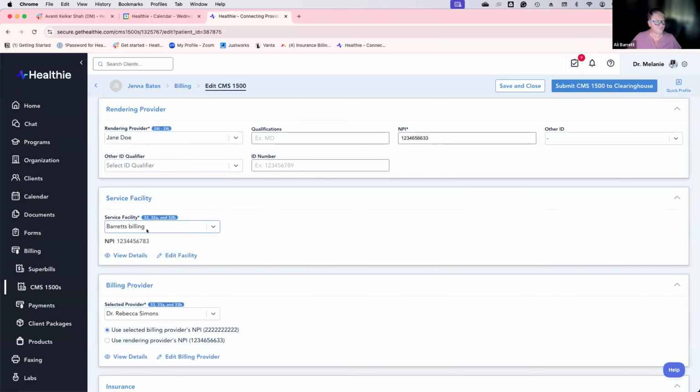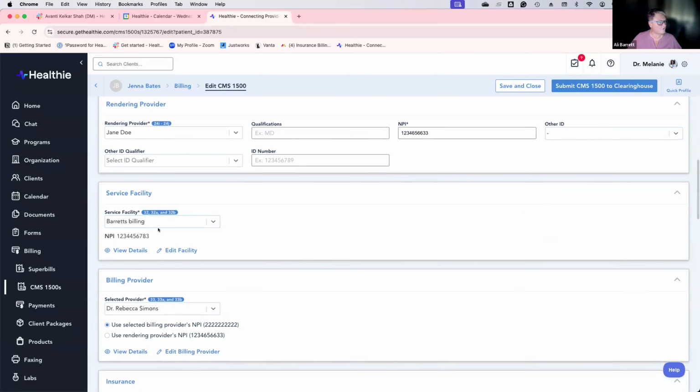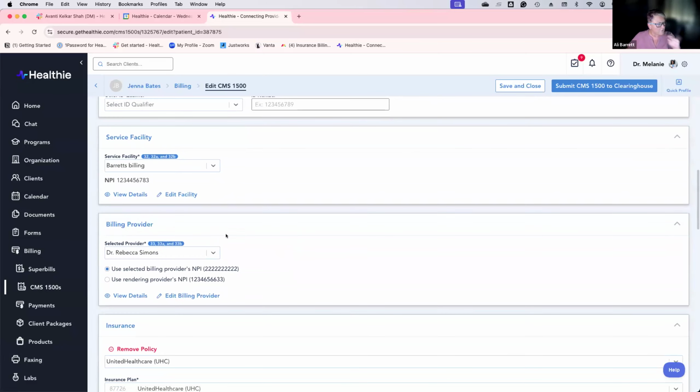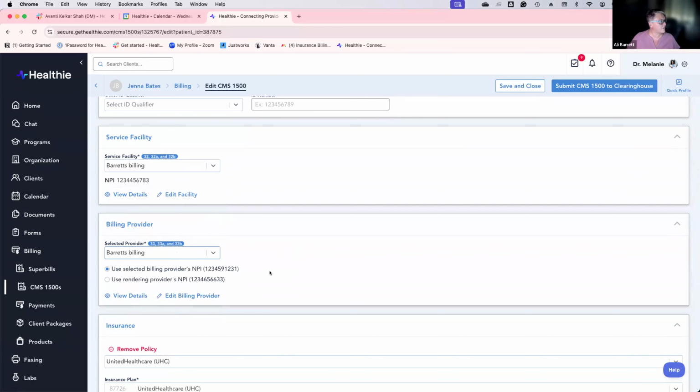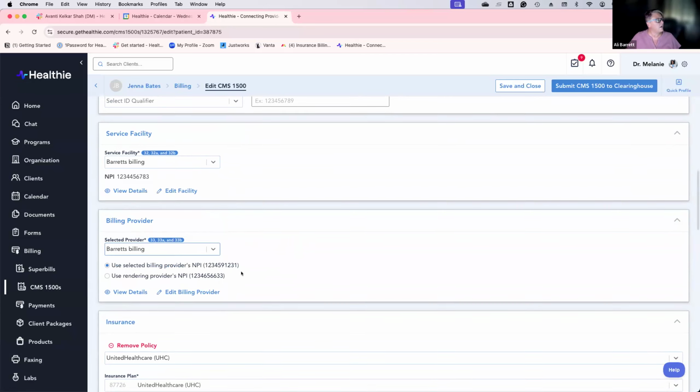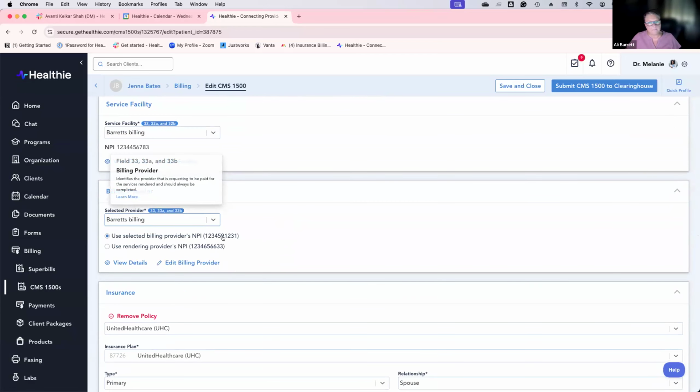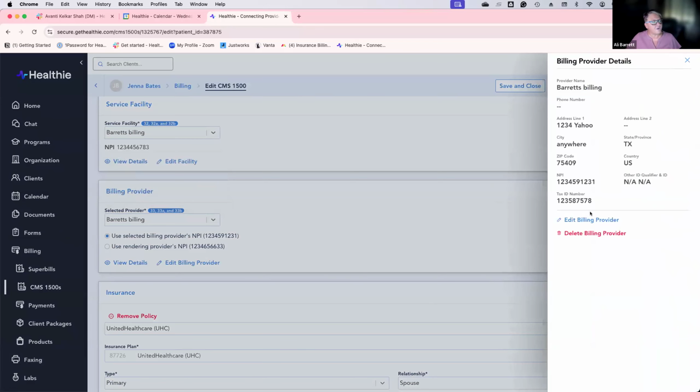Now you can change the service facility to say Barrett's Billing in person if that makes it easier for you. Your billing provider is going to be your company name with your billing NPI. So I have created Barrett's Billing. Here's the NPI, my billing provider number, and it'll have my address and everything if you look at the view